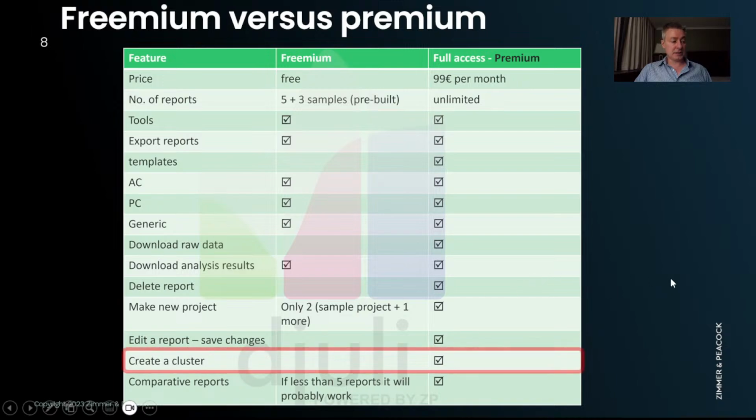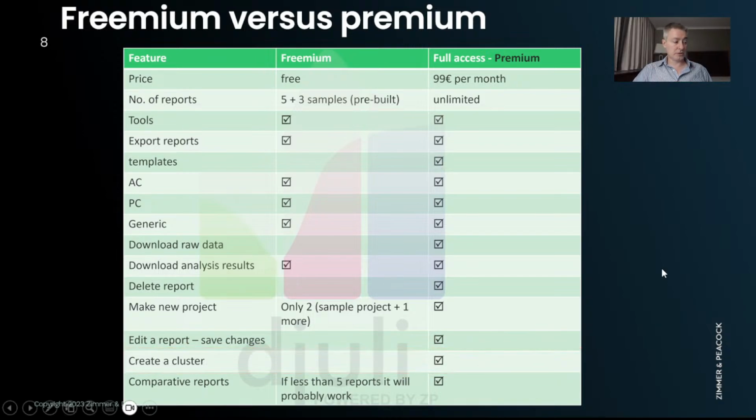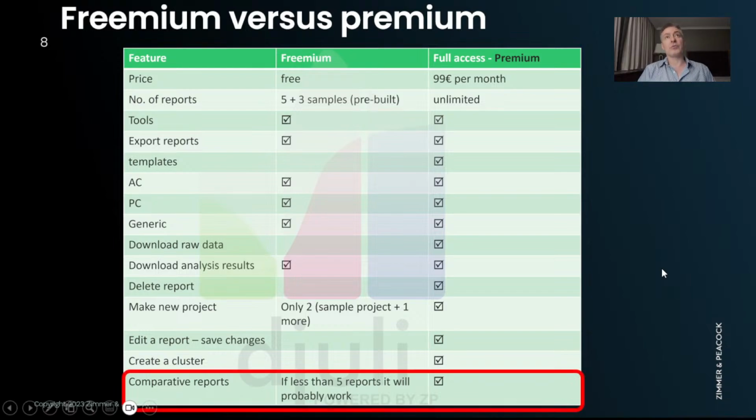Creating clusters, as I say, it's clusters, projects, and reports. This is a hierarchy, so you get a cluster, but you can't create new ones. Obviously, with data storage, we are paying for that, and so we can't have lots of freemium users using infinite amounts of data.